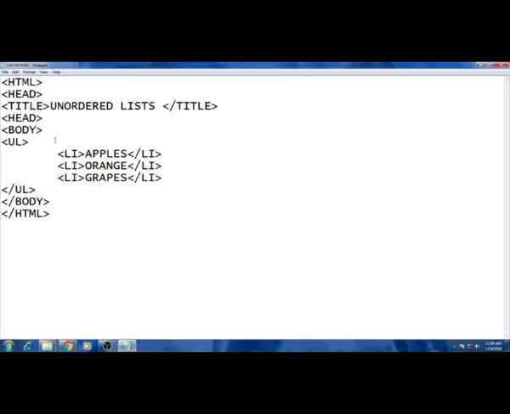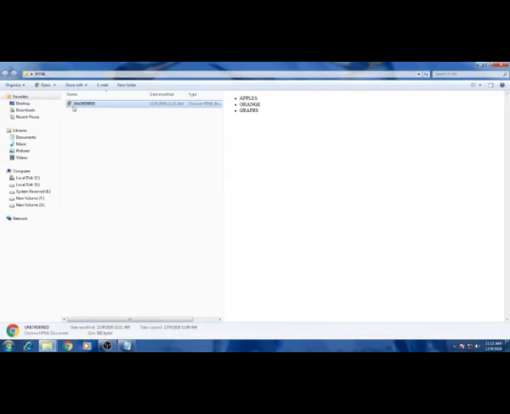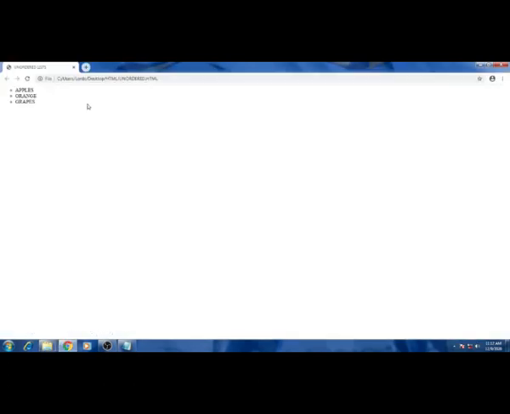And if you want to change it, you can specify type equal to, in double quotes, the type. Here I just gave circle. Then don't forget to save this file. Save this one, and again double click on the file. Then you can see each item is marked with a circle symbol.